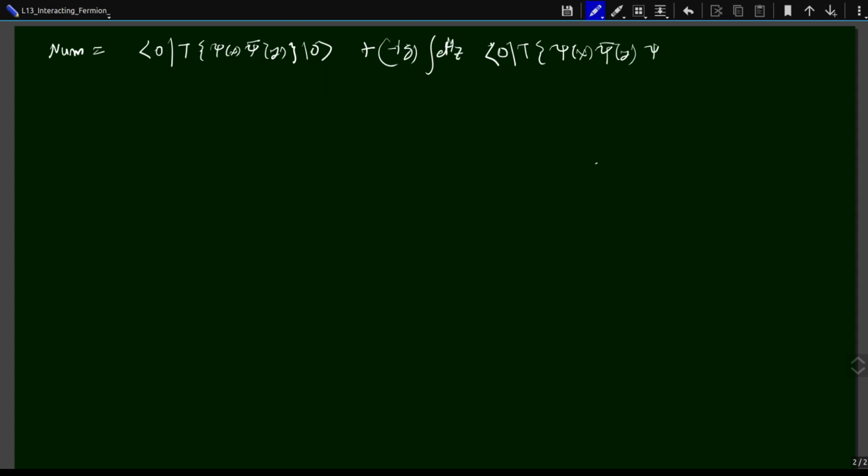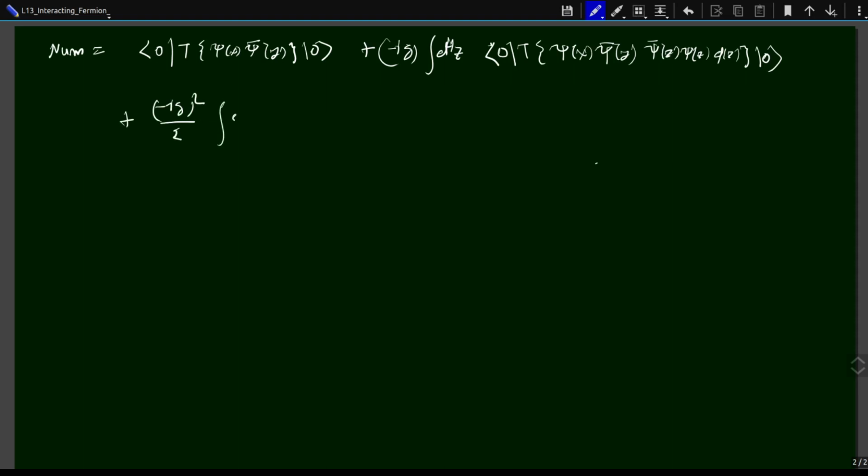So what is coming is psi bar z psi z phi z 0. Okay, then the next term in the expansion would be minus I g squared by 2 factorial,